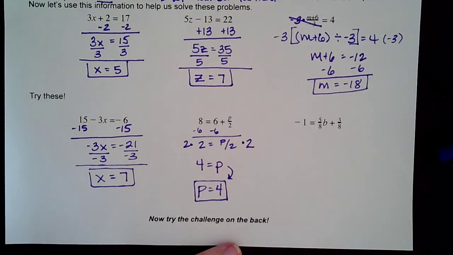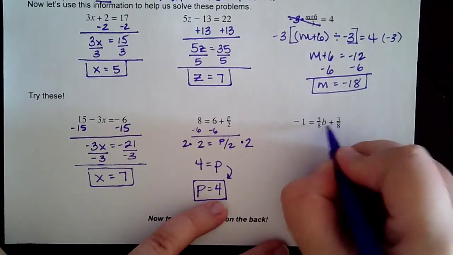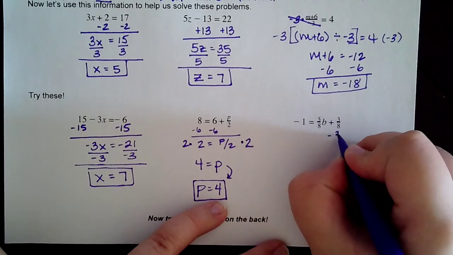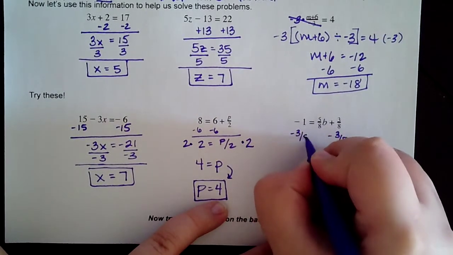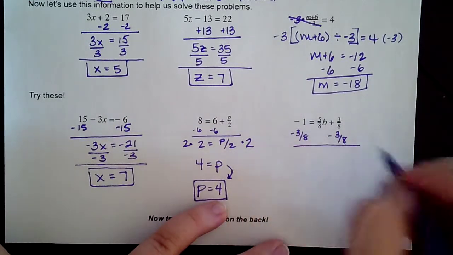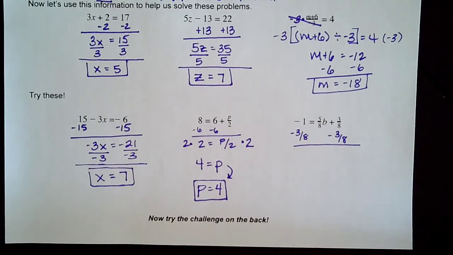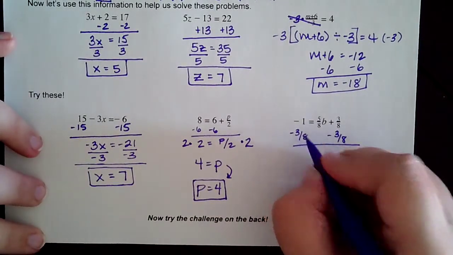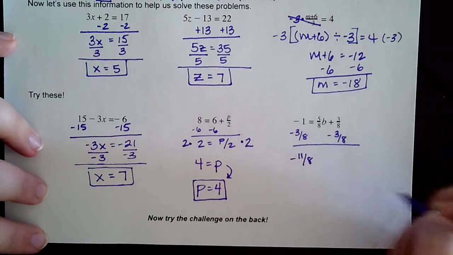There's a lot going on here, but just follow those steps. Remember, farthest away. In this case, that's the 3/8. So we're going to subtract it, undo addition with subtraction. I'm left with negative 1 3/8. Though I don't really like that, I'm actually going to change that to be an improper fraction, which will be negative 11/8